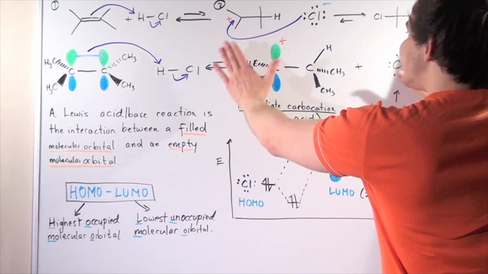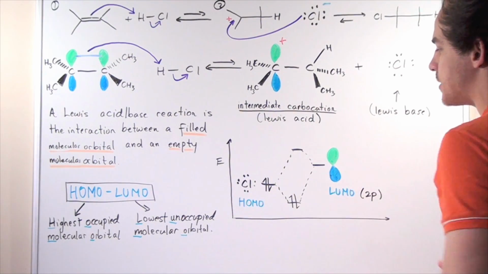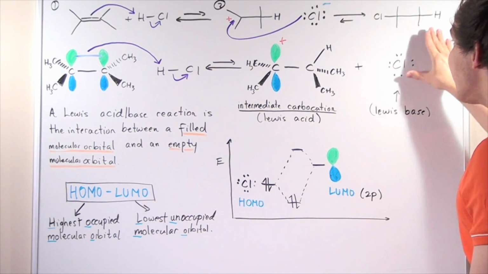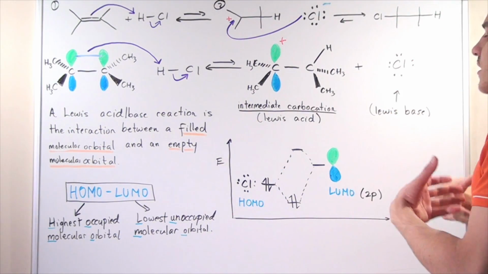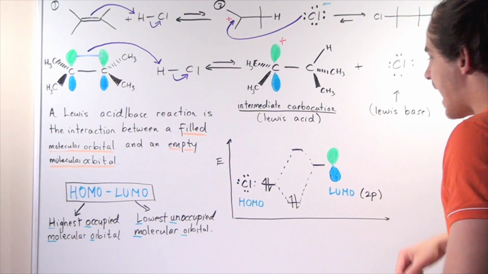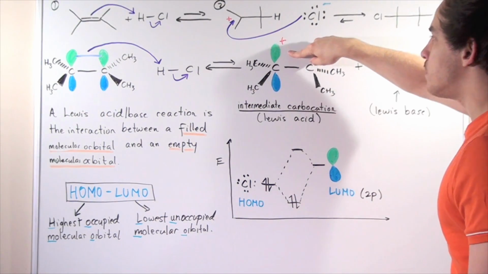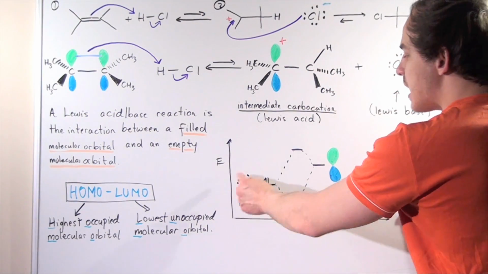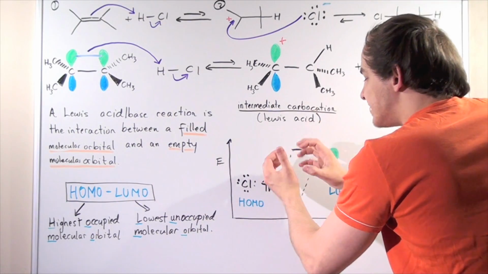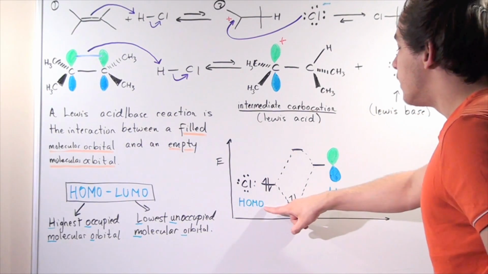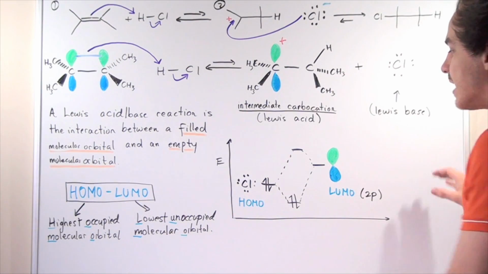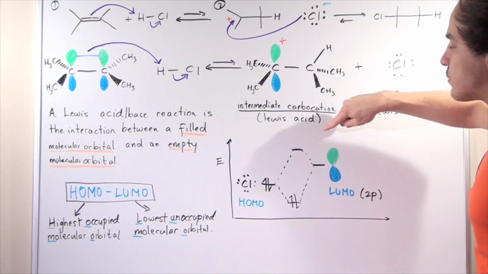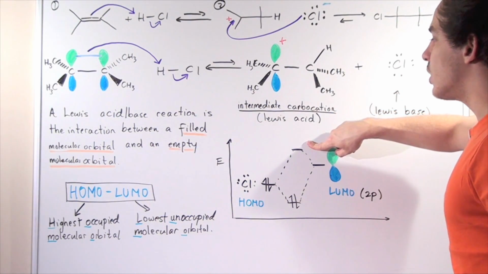So let's look at the second step more closely in terms of energy. Our HOMO is the Lewis base. It's the highest occupied molecular orbital that has the non-bonding pair of electrons. And this is our LUMO, lowest unoccupied molecular orbital. It's the 2p orbital, and it's a bit higher in energy than our HOMO. So they interact, they overlap to form our molecular sigma bond, and the 2 electrons go into this bonding molecular orbital, and no electrons go into the anti-bonding molecular orbital because